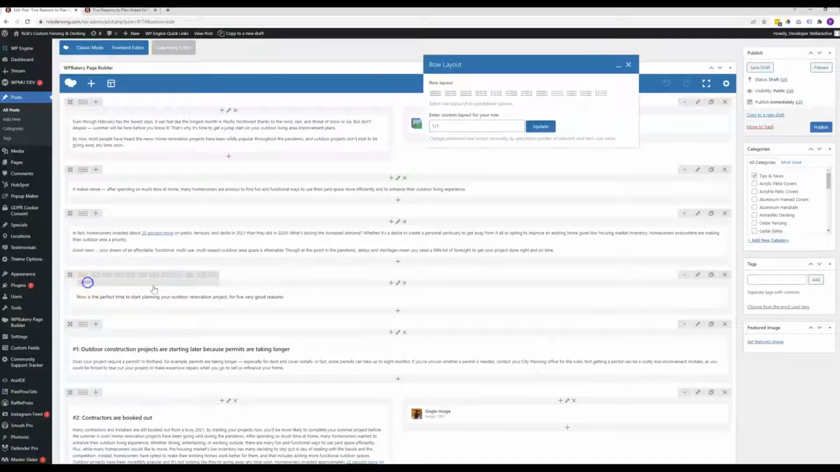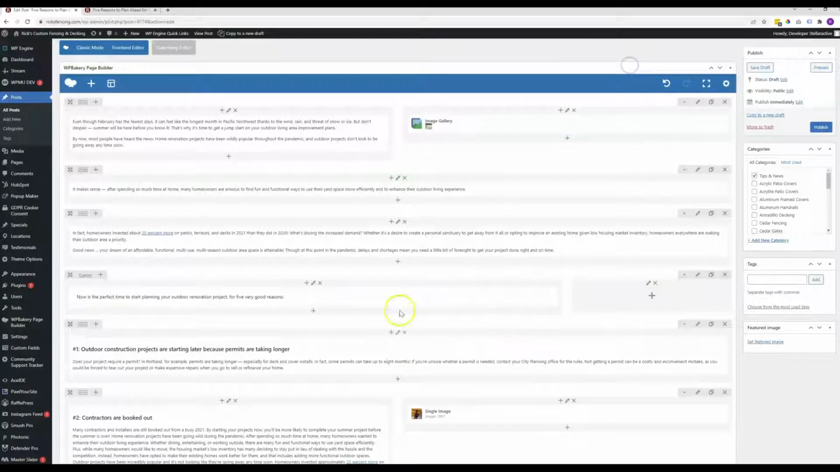So you can come right here to custom, and then when you hit update, you can see that it's added a column over here. And so then within these, you can add whatever you want. You can hit the plus on these guys to add an element to here. So when you hit that,